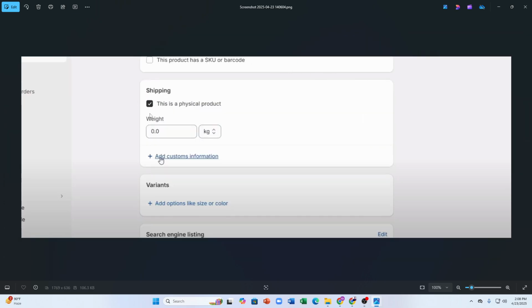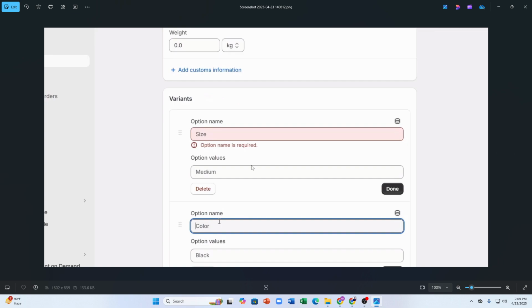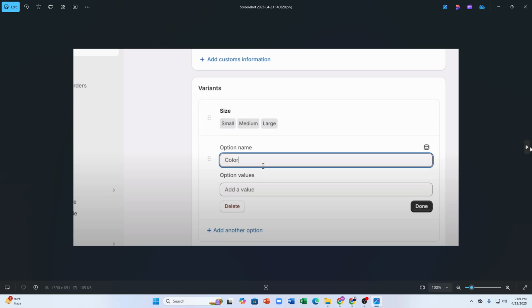You can customize it, you can add custom information, add custom options like size or color. Here you can see that you can add option name, option values. You can choose their weight in kgs. Also you can choose their weights in pounds if you click on this option. After then you can customize all the information here. So for example, you can also choose the size like small, medium, large or double large,